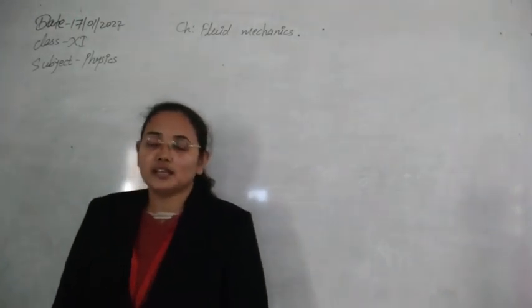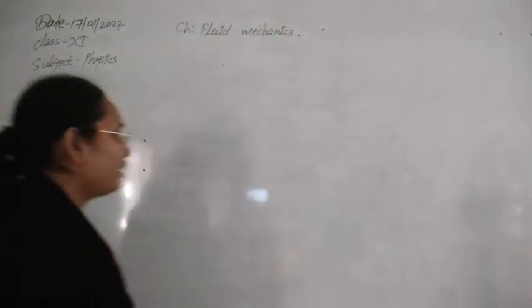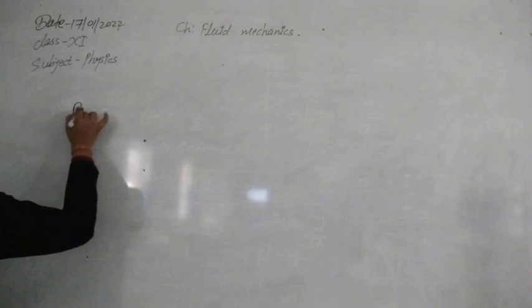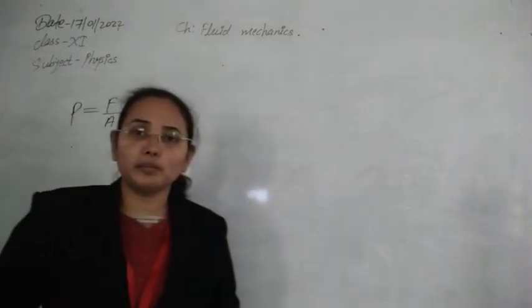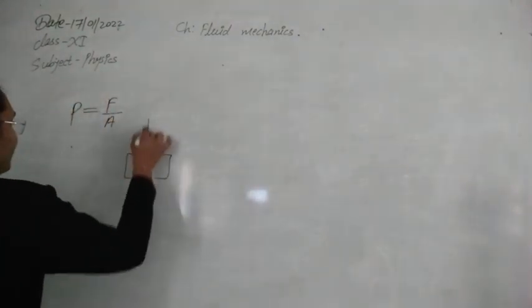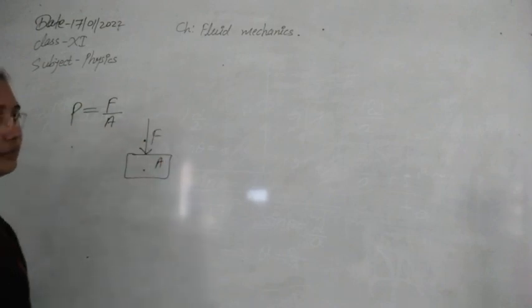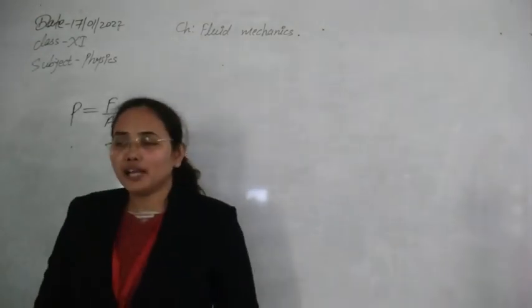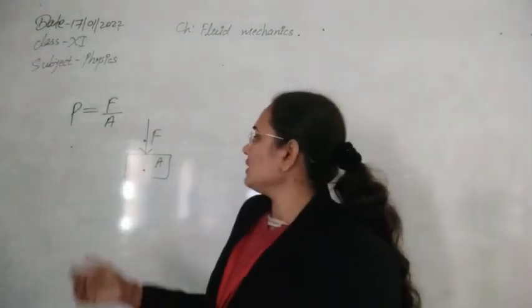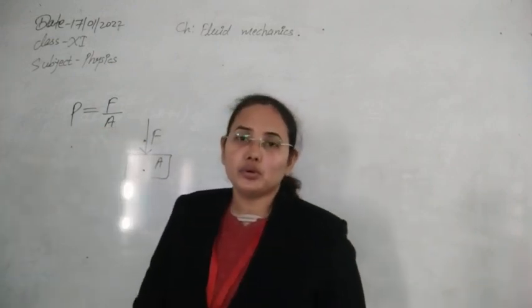So fluids exert thrust. Next, what is the pressure applied by a fluid or any liquid or any system, a solid system also applies pressure. So pressure applied by any body is defined as force per unit area, and this force should be the normal force per unit area. If we have a body, and a normal force is applied on a unit area, it will create pressure P. Now next, where do we apply this knowledge of pressure? From here you can see that if we have to reduce the pressure, we increase the area, then the pressure will be reduced automatically.